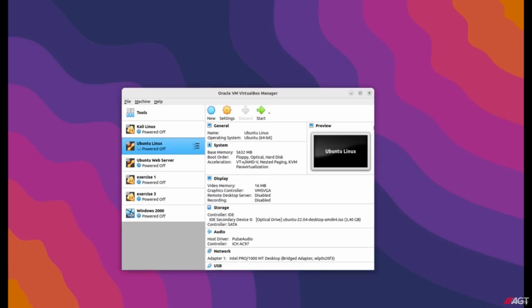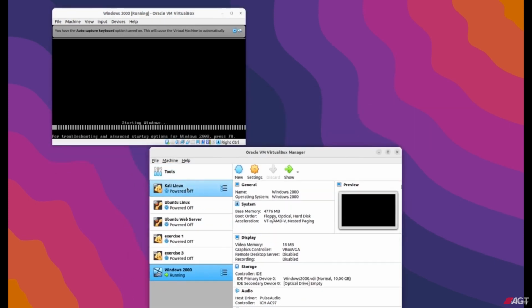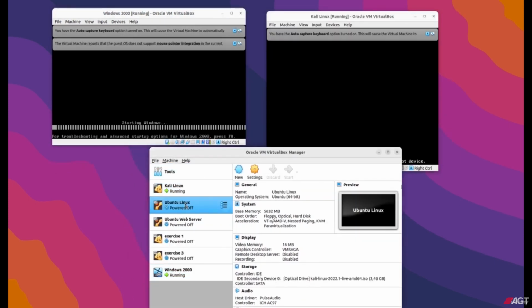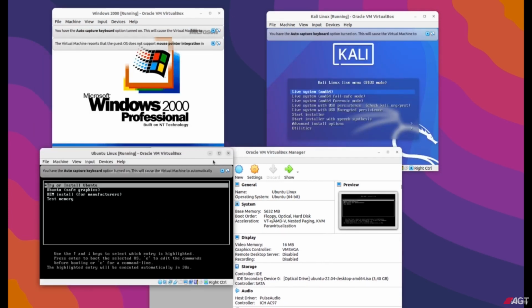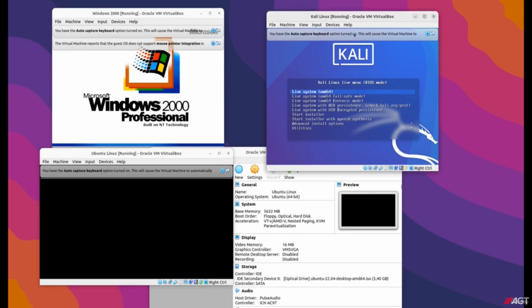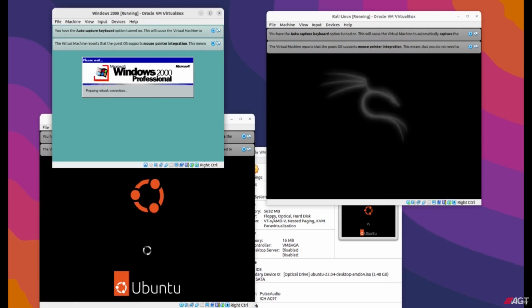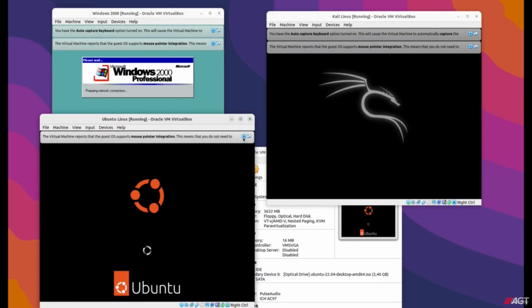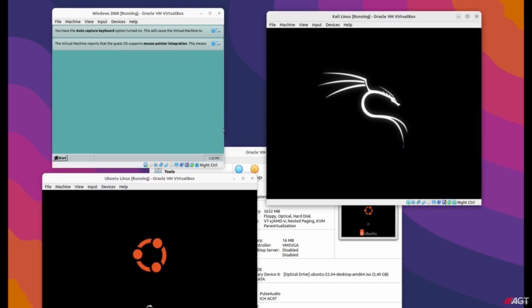So there are many different operating systems that you can choose from, regardless of whether you use a workstation PC or a mobile phone. The different versions of operating systems as well, which are essentially completely different systems. Let me start some here on this computer. So you'll see several systems running. Two different Linux systems, Kali Linux and Ubuntu Linux, as well as Windows 2000 here in the background. So there are many different computer systems you can run and you can choose from, and they all have different